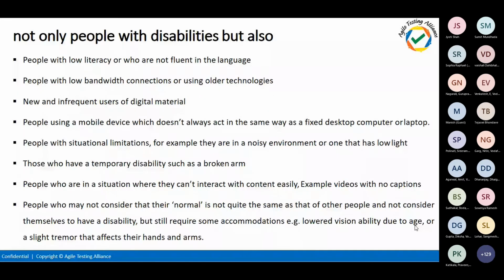And then there are not only people with disabilities, but also people with low literacy rates, and as I told you, people above 60 years of age also have to be included. When people with low literacy rates hit your website, are you able to guide them? And people with low bandwidth connections: if their network is too bad, your website should still respond with at least the basic content, without images and without the CSS and other things, because our website should not make them more frustrated.